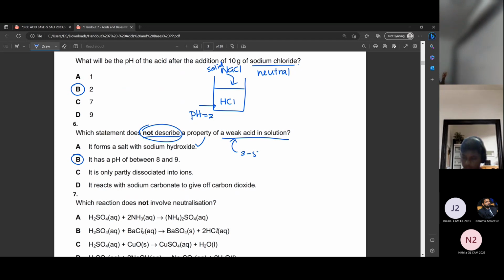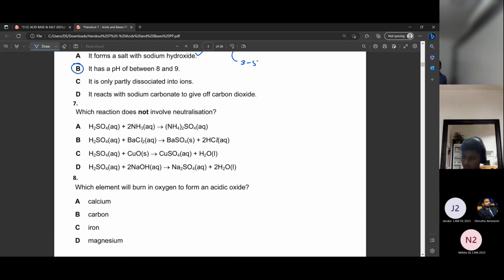Some of you marked A, right? How many of you marked A? No? C? No? D? Okay, an acid with a carbonate gives carbon dioxide, right? They asked which does not. You guys are shy to say that you went wrong, right? When you are shy to say that you went wrong to a teacher, that means you are shutting the doors